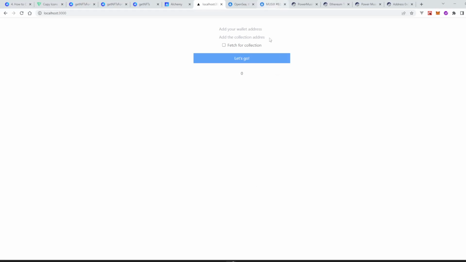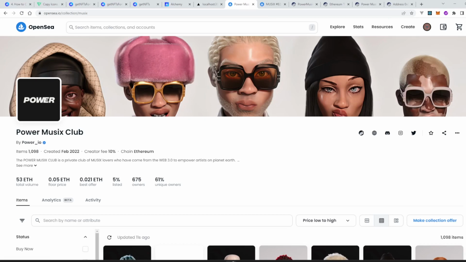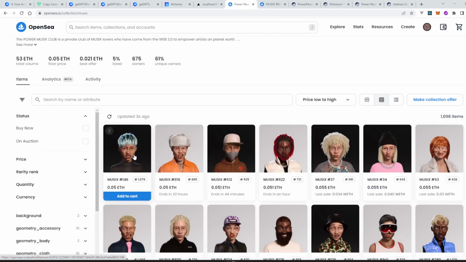So let's check it again. I don't have any NFTs on my wallet right now. So let's go to OpenSea.io. Just click on any of the collections. Now let's click on it,